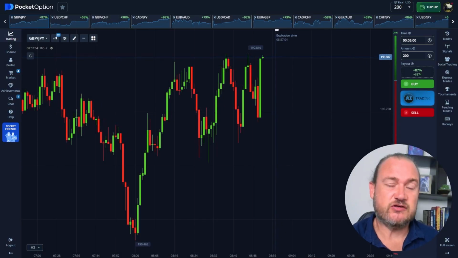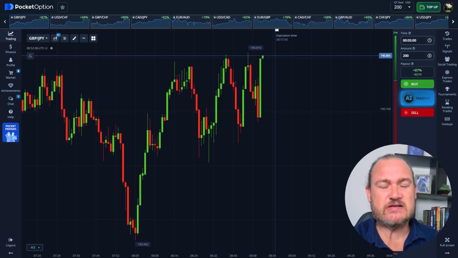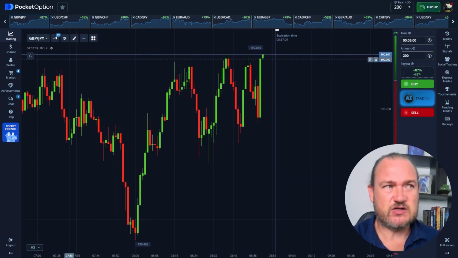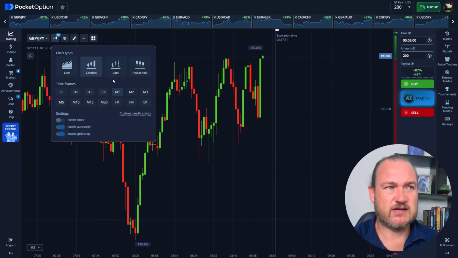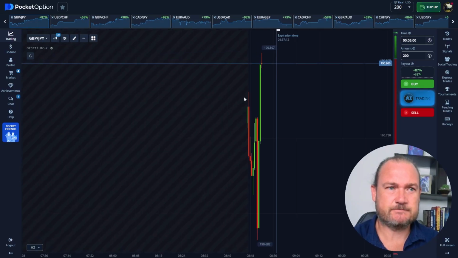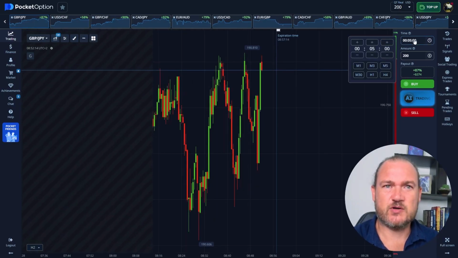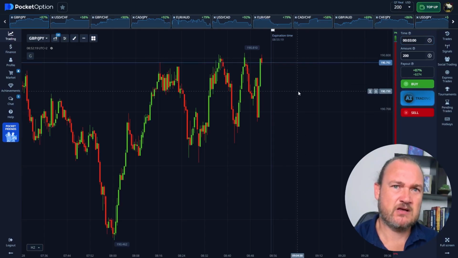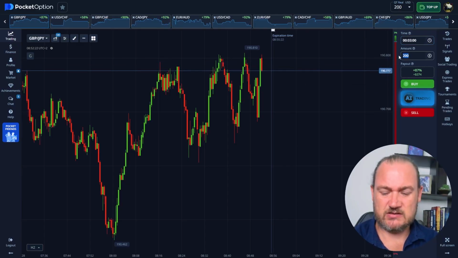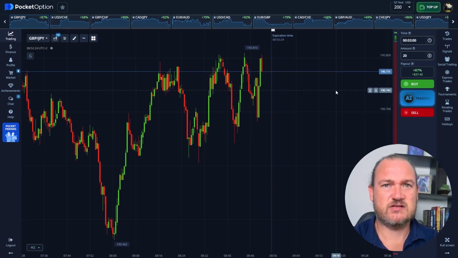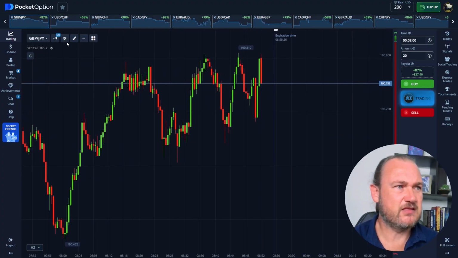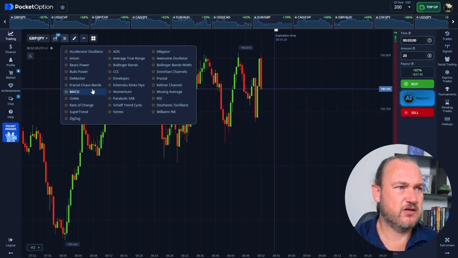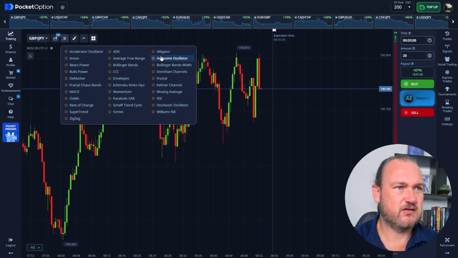Before we can start using our strategy today, we need to set up our platform. The first thing we're going to do is change our candle time frame to 30 seconds. We're going to set our expiry time to 3 minutes. And because we're on a small balance, we're going to change this. Let's make this 20. Then we're going to add our indicator, which today is the alligator